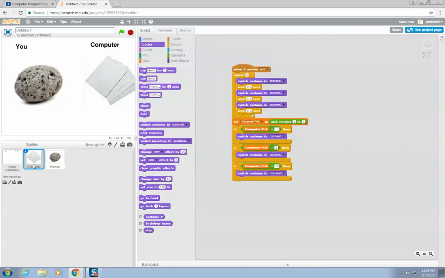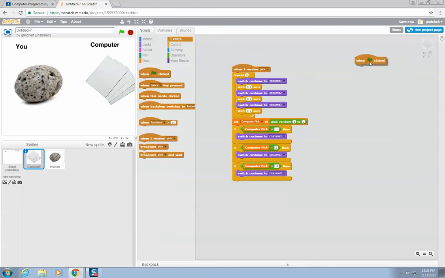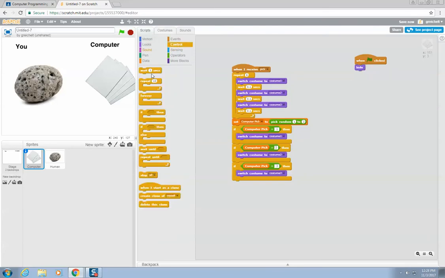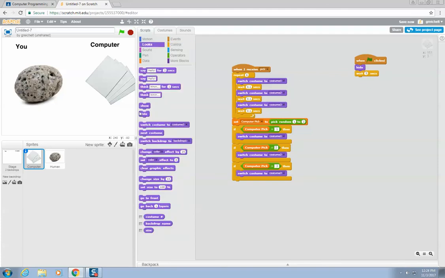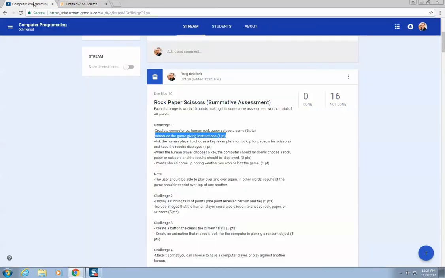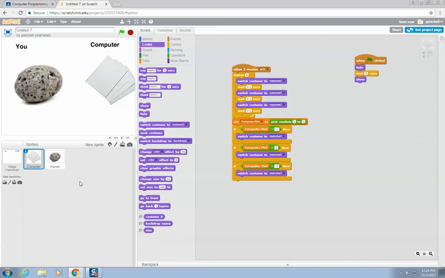And then I could do something similar right here. So I would just do an event, when clicked, go to looks, hide, wait 5 seconds, and then show. So now if we take a look at this, those instructions will be there for 5 seconds, and then after 5 seconds it goes to there. So that's how I would introduce the game, and then obviously you don't just want to write,